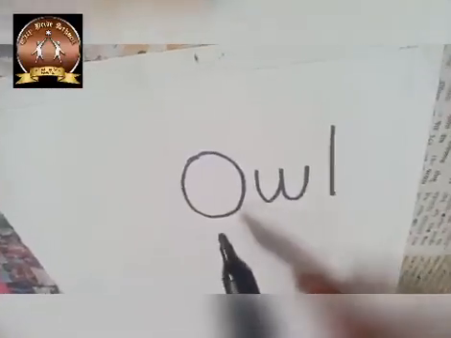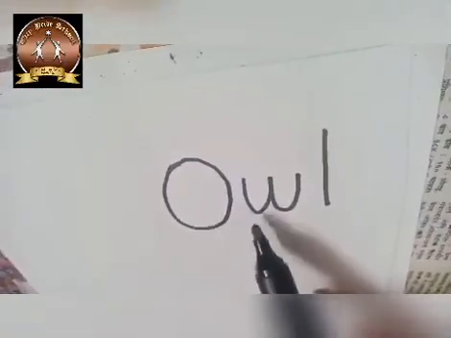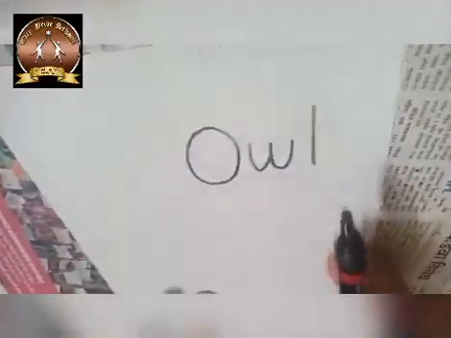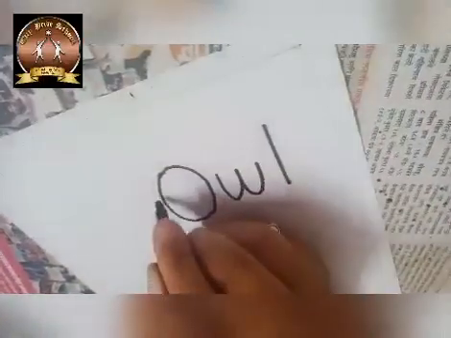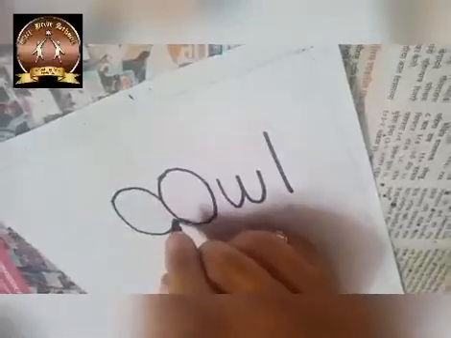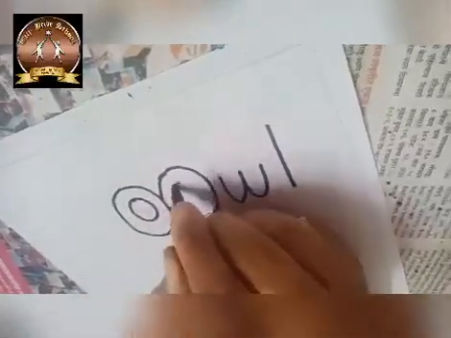Now, what is the magic in that? With the help of these letters, we are going to draw the drawing of an owl. And with the help of these letters, we are going to draw the drawing of a cat. Remember that we have written O, W and L on the right side of the particular part. Now, with the remaining area, we are going to show our creativity. Let's draw the picture of an owl.